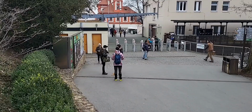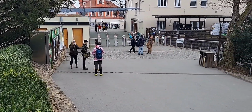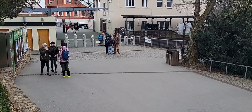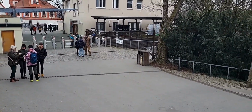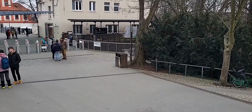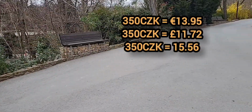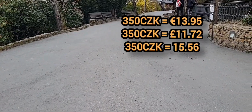Prague Zoo. Brenda's just gone up to the Indonesian exhibition where we're going to be going now. I'll show you the entrance. Literally we just got an Uber up here. The Uber costs 350 Czech crowns, which worked out at about, I'll put the conversion right on the screen. Go this way, and then we can also